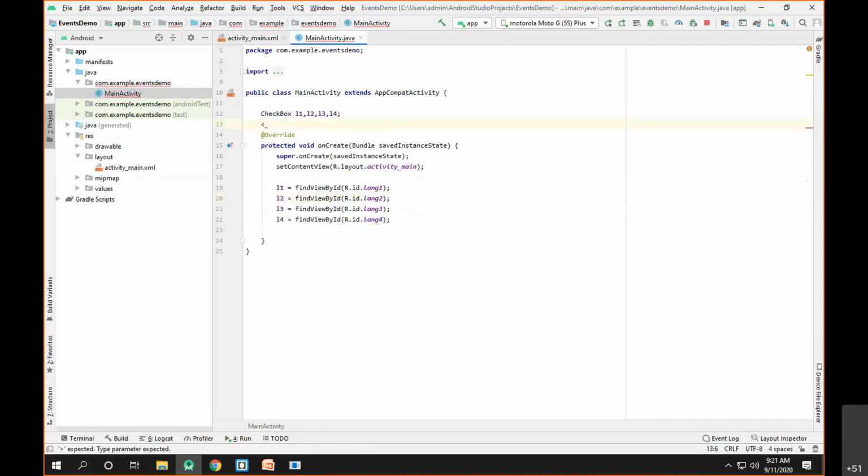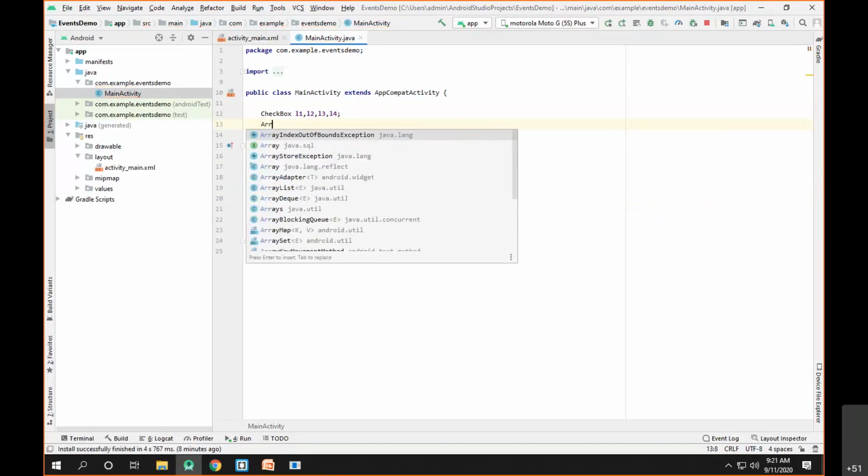So for example, we'll create the array list in form of string. So I'll be creating the array list of string here, and we'll call it as, let's say, selected or known langs. Okay, known langs. It means known languages.